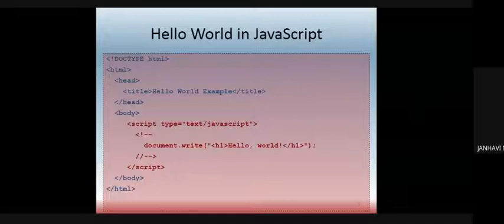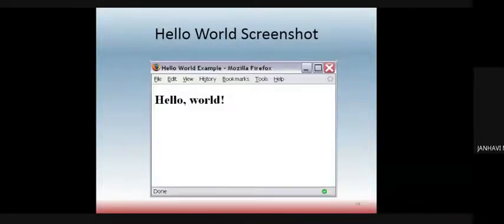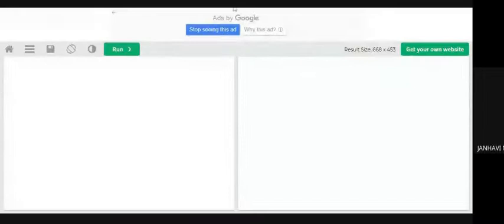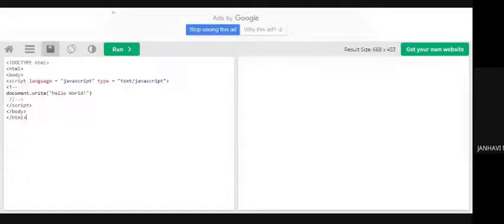So when you run this particular program, what you will see on the screen is the Hello World program. Now what we'll do is I will copy the same code onto the output screen, and I'll show you the working again. So this is my online compiler. I'm just typing the same thing. Whatever was there on the screen, the same thing I'm typing.